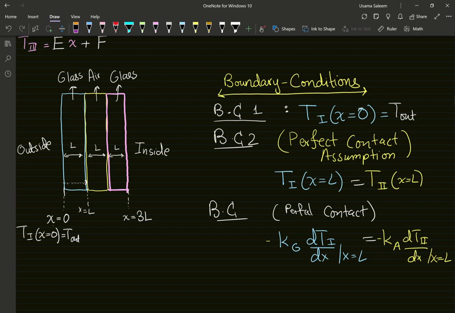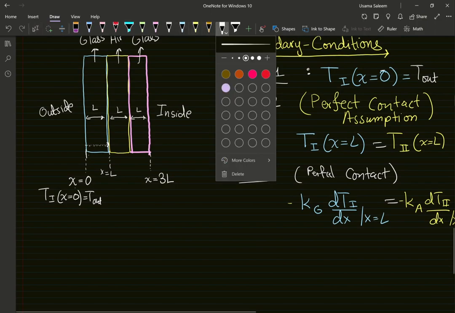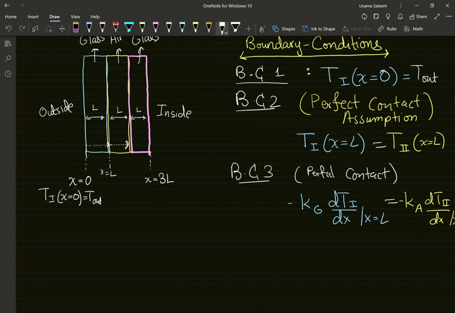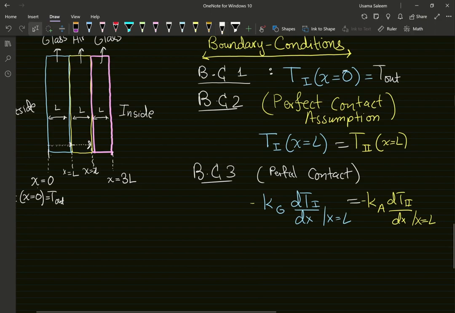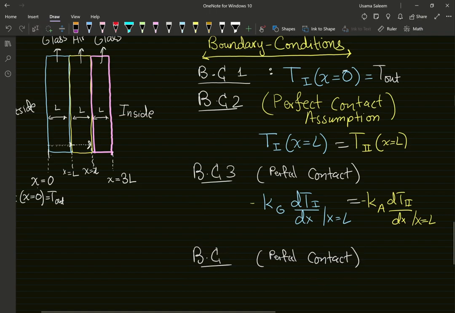Sorry about that. Boundary condition 3. Okay, next up, as we keep moving into our problem, our next boundary is at x equals 2L. And using the perfect contact assumption, once again, I'll get two more equations. As you can probably look ahead. If not, then I'll just show you anyway. So assuming perfect contact twice more,